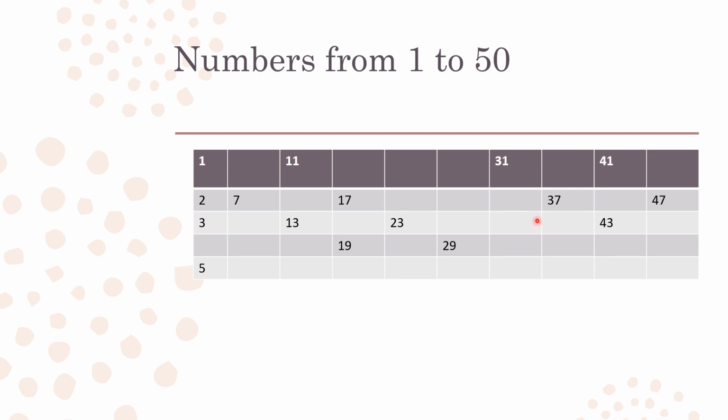If you want to list the numbers from 1 to 50, you can write these numbers, because they won't come under any other table except 1 and the number itself. They will have only 2 factors. So the concept we saw today is prime and composite numbers. Prime numbers have only 2 factors, that is 1 and the number itself.